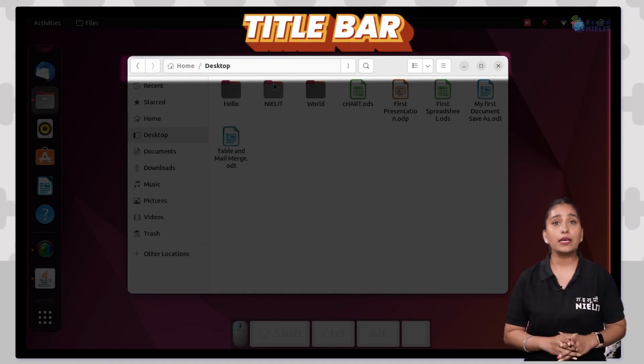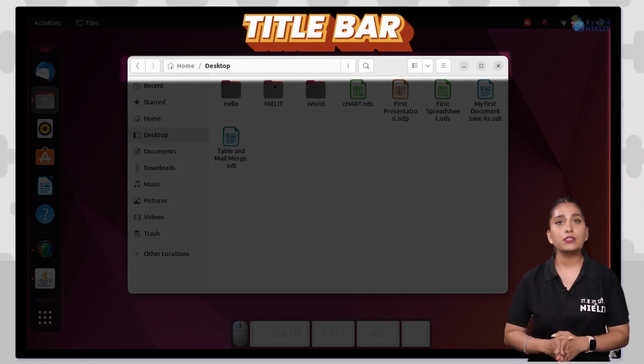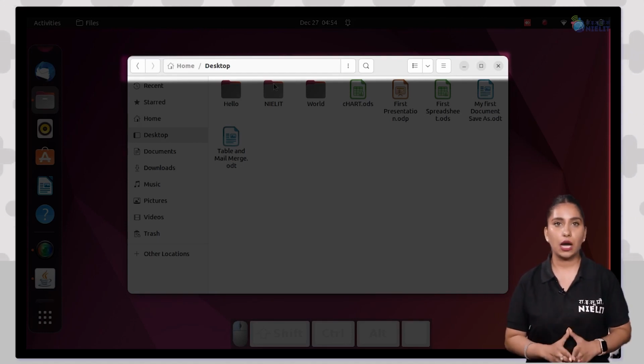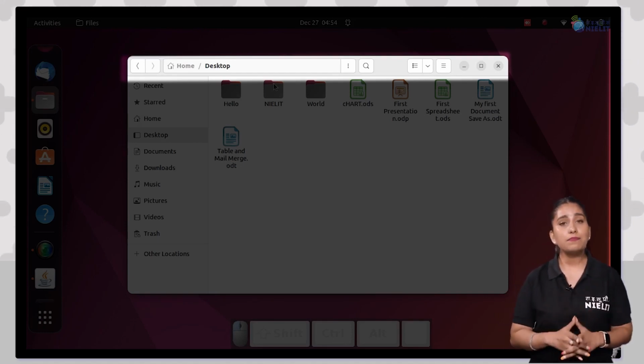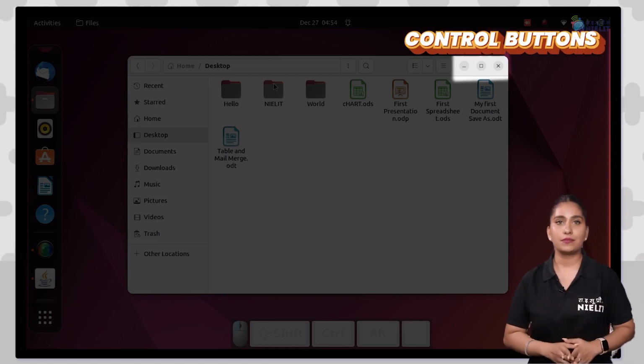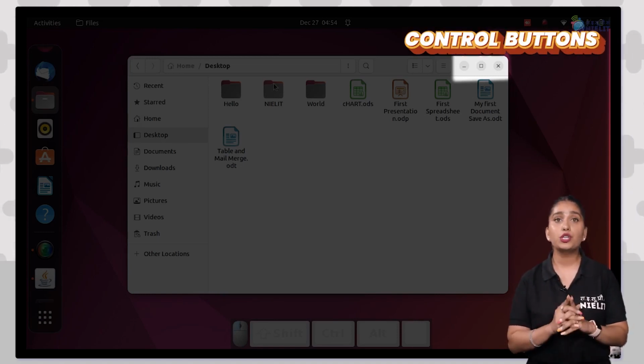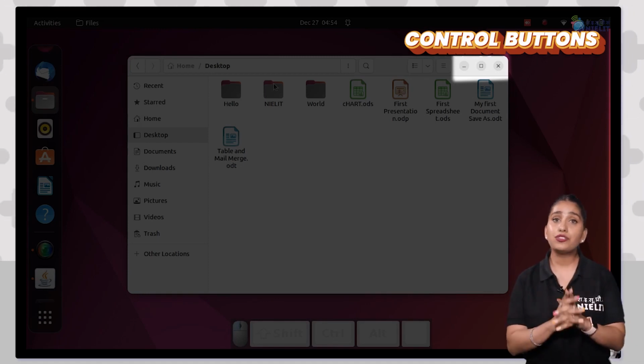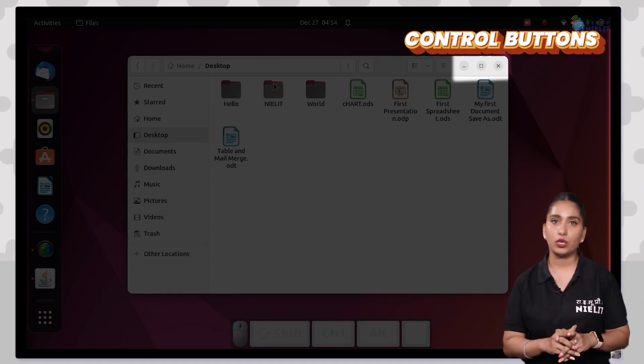So the title bar contains three small buttons on its left corner, that is minimize, maximize or restore down, and close. These buttons are known as control buttons. The minimize button, which looks like a small dash or a minus sign, shrinks and places the window on the launcher while leaving